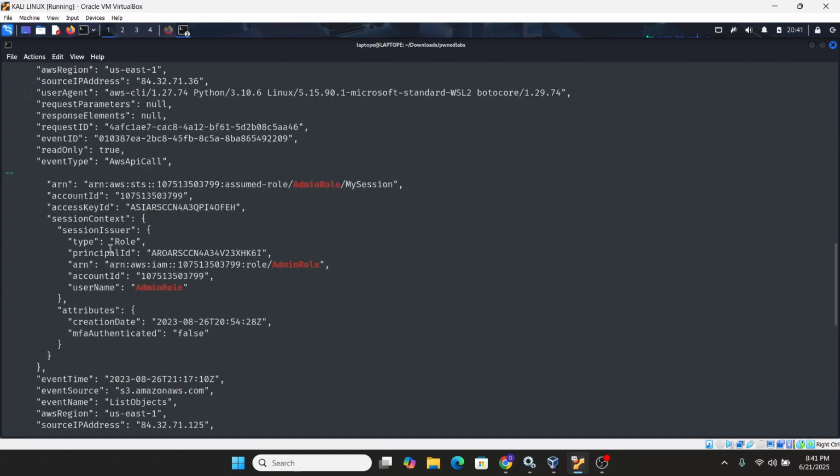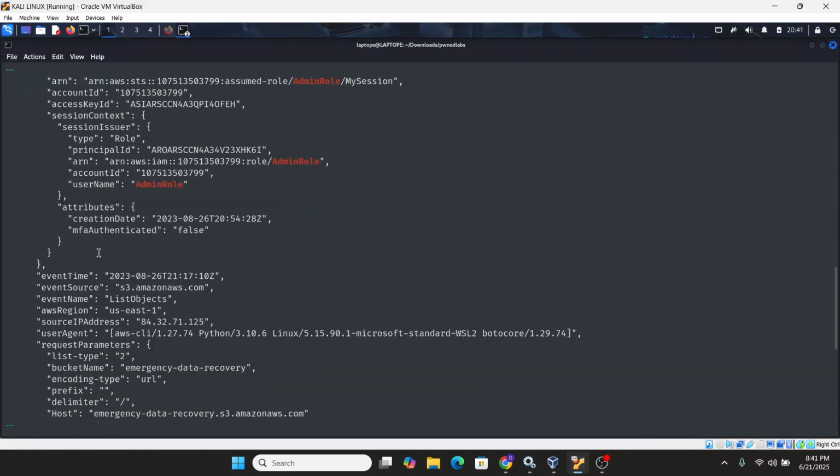Then after that, another event name, ListObjects. That is, the user was able to list all the objects in this AWS account. It lists S3 objects. You can see the event source is the S3 service, s3.amazonaws.com.